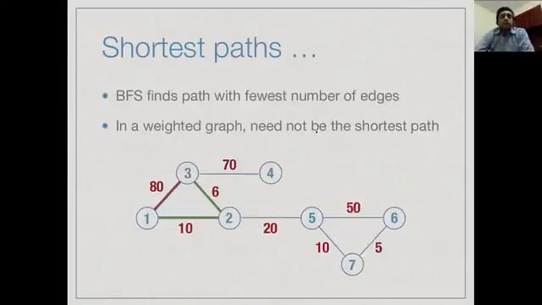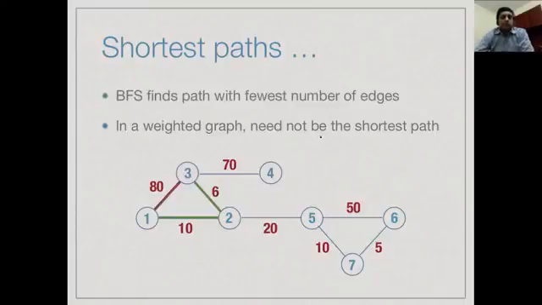So we have seen before that breadth first search will solve this problem if our cost is in terms of number of edges. Another way of saying it is that we can assume that each edge has the same cost, 1 or any fixed number, so that as I traverse more edges, the cost is proportional to the number of edges traversed. But if we don't have this property, if the costs can be arbitrary, then breadth first search does